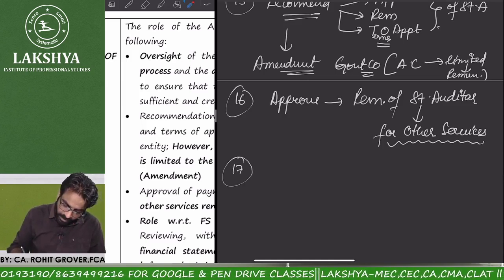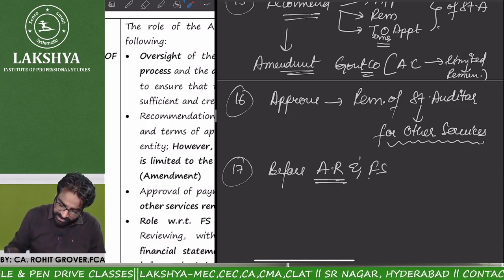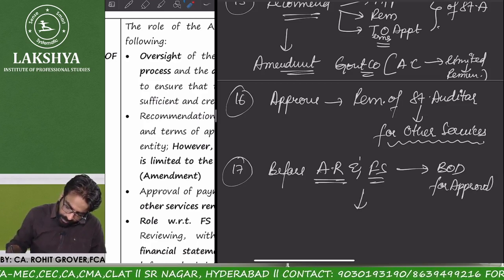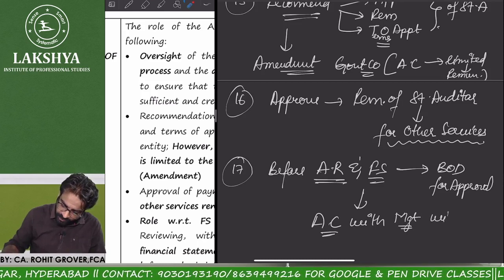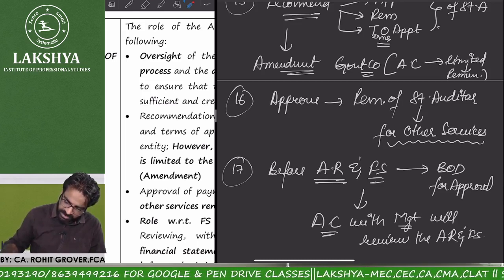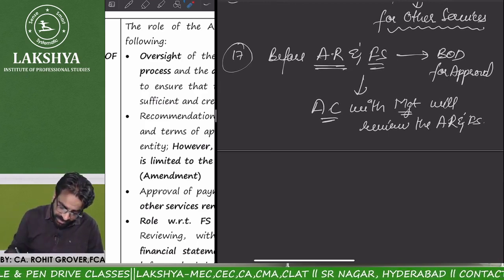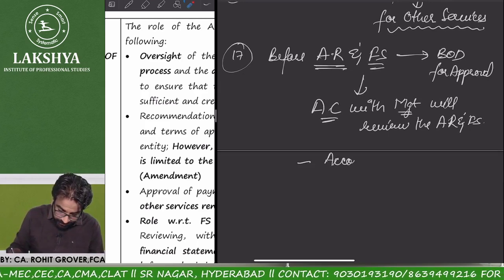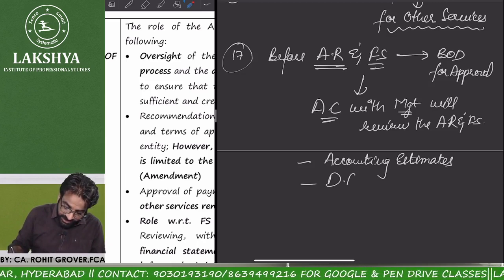17. Before the auditor's report and financial statements are sent to the board of directors for approval, the audit committee with the management will review the auditor's report and financial statements. With respect to what? With respect to accounting estimates, with respect to director's responsibility statement matters,